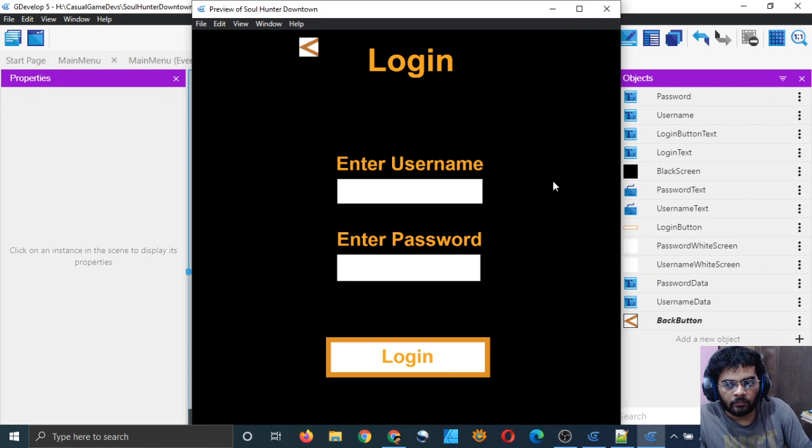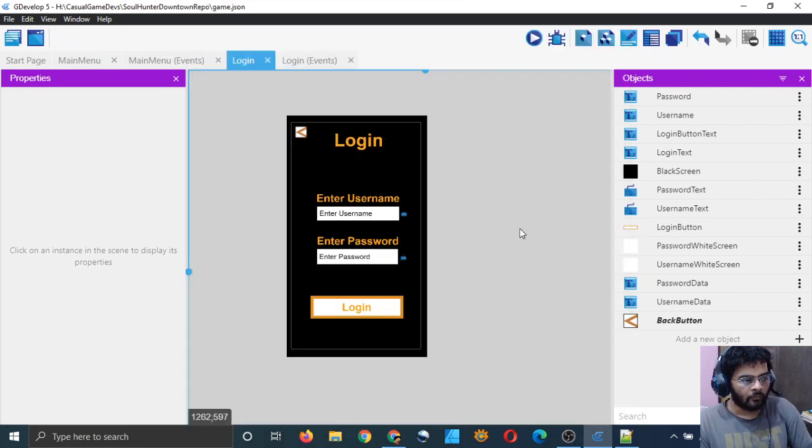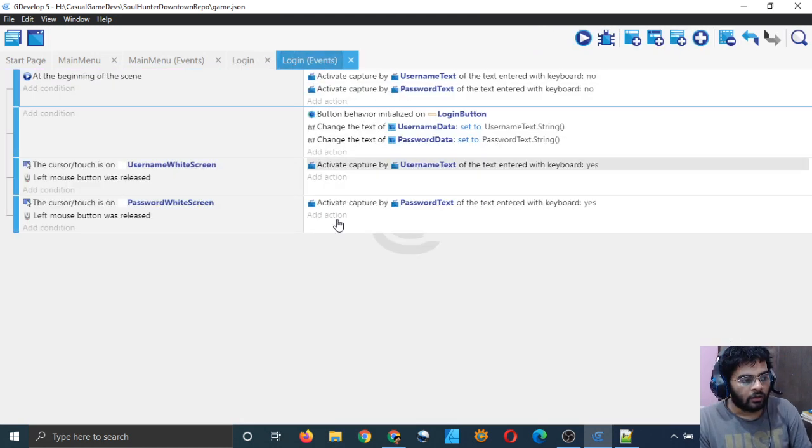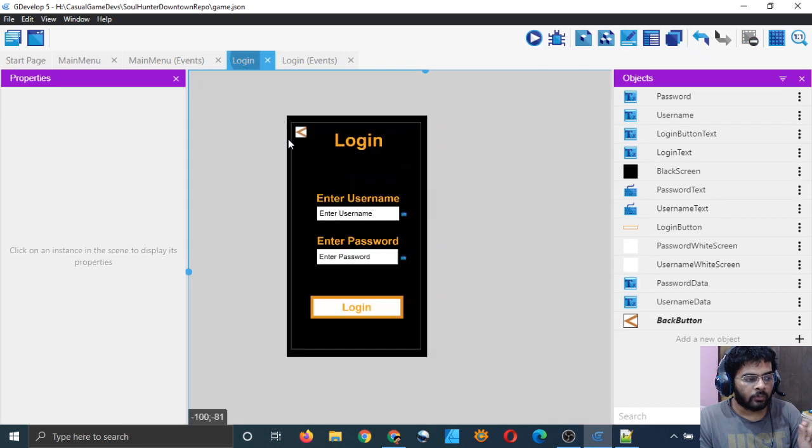So as you could see, now we are not able to type anything if we don't explicitly click on our white box in which we want to type something, right?